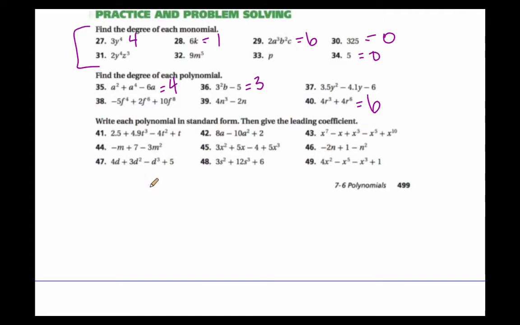Then it says write each polynomial in standard form, then give the leading coefficient. All right, so number 41. 2.5 plus 4.9 t cubed minus 4t squared plus t. So I need to put it in order from greatest to least with the exponent. So I'm going to write this as